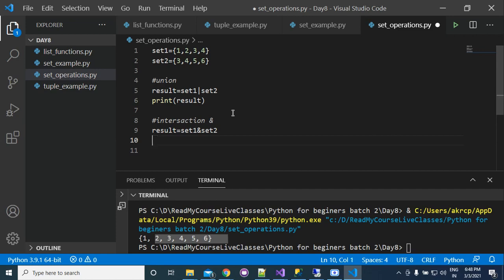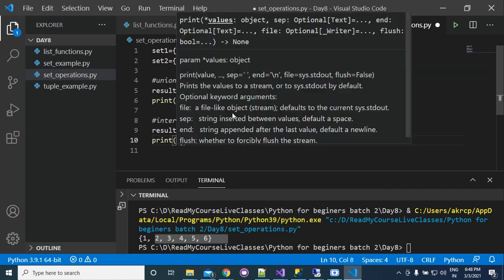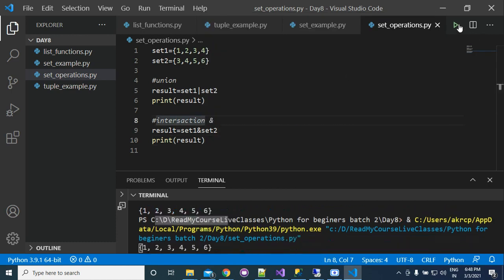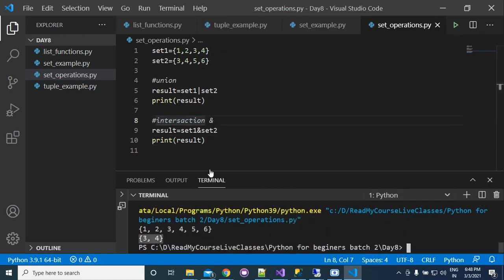If you print your result, you will get 3 and 4. Why are we getting 3 and 4? It means that intersection will always give you the items that are common to set 1 and set 2. So 3 and 4 are the only items common to set 1 and set 2.